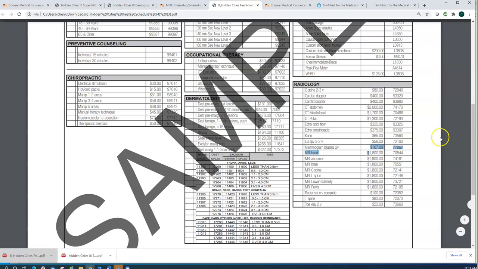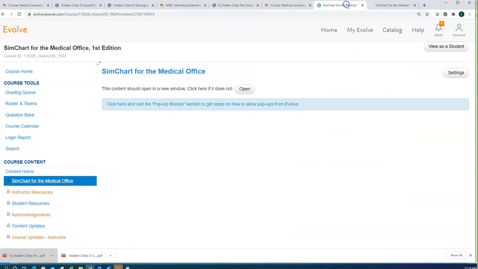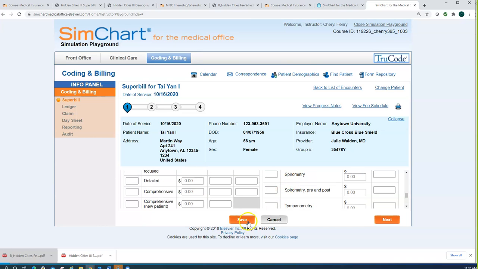The CPT code, let's say 77067, and the fee is going to be 187. That's how you're going to do it. You're going to save it,